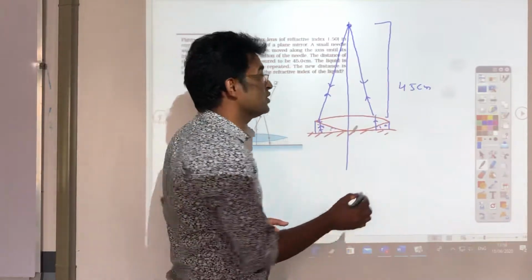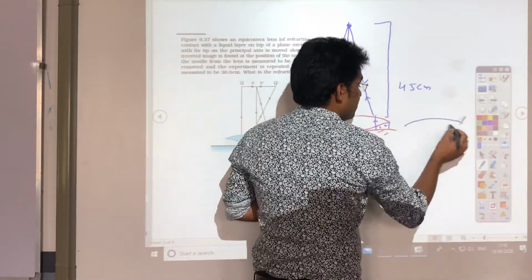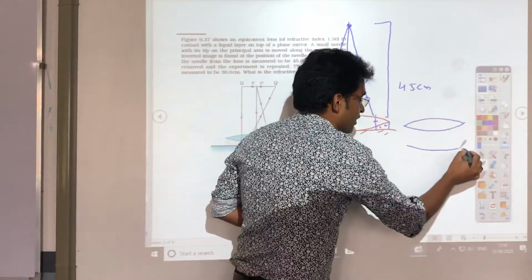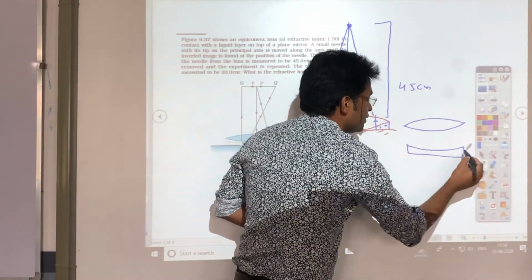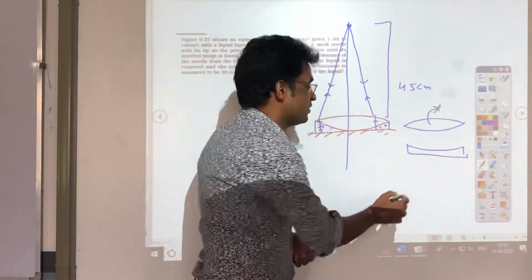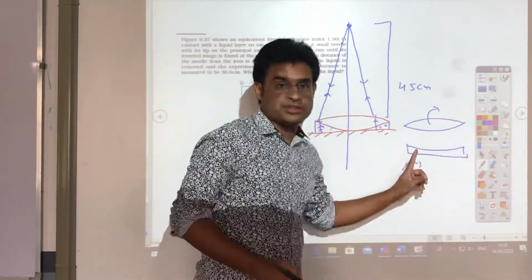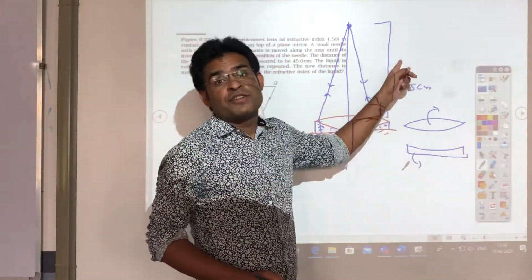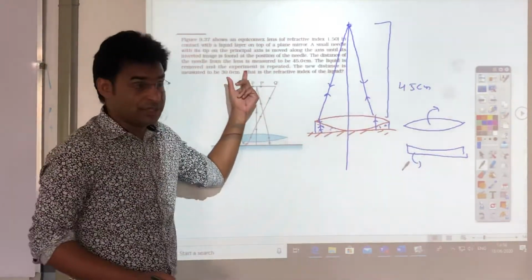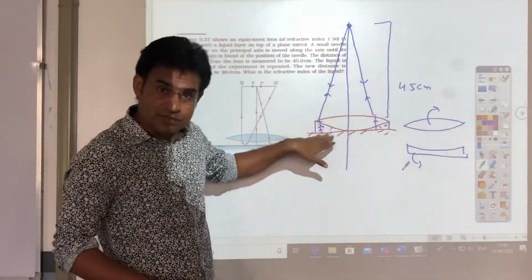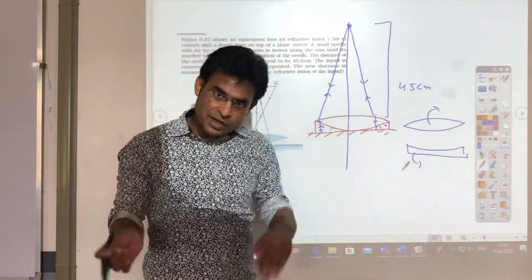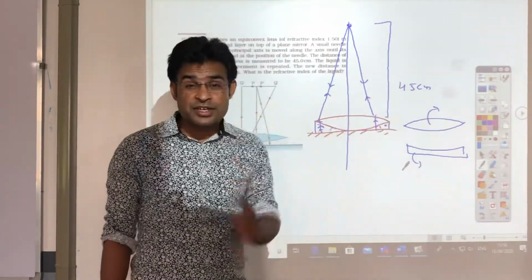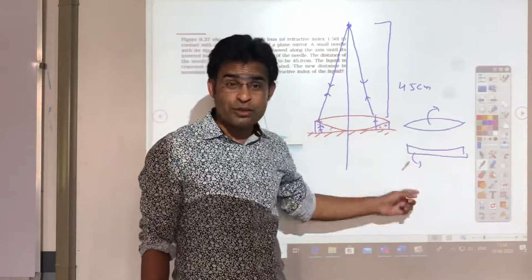Focus of this combination means focus of two lenses. Two lenses means one lens made of glass, and the second lens made of that liquid. The name of this lens we can say convex. Obviously this one we can say plano-concave, this one convex. So this combination's focal length is how much? 45 centimeter. That's what they are explaining in the question. I put one lens, inside the lens there is one liquid, one object is at 45 centimeter, and the image is forming at 45 centimeter itself. It means this 45 centimeter is the focal length of these two in combination.